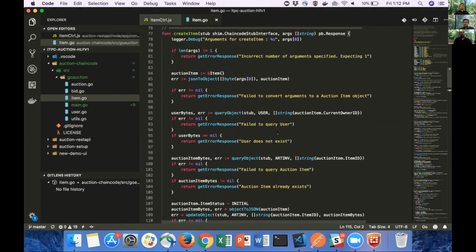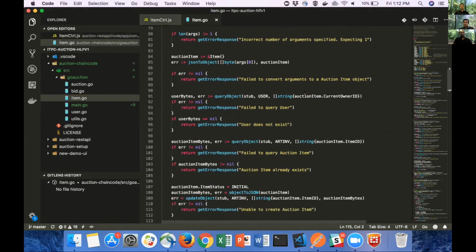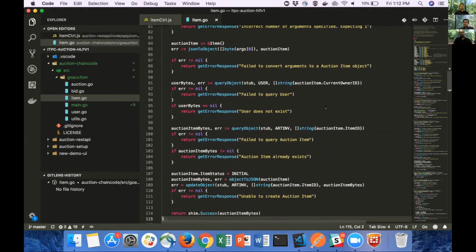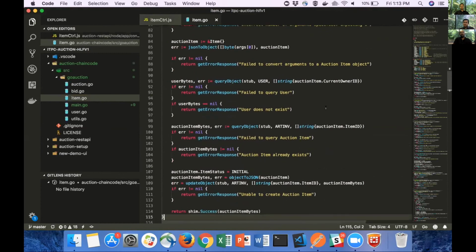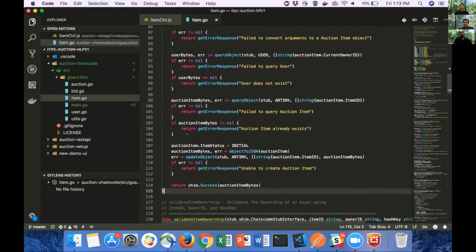Once we have the item object, we check if the owner associated with the item is a valid and registered user. If the owner is valid, then we move on and check if the item ID associated with the auction item is unique. If it is not, we send an error response to the node saying that auction item with the ID already exists.